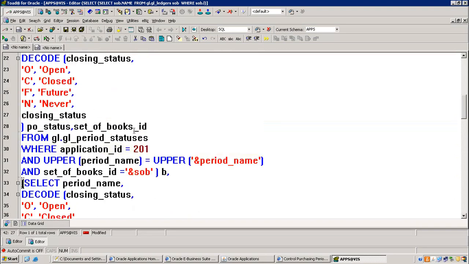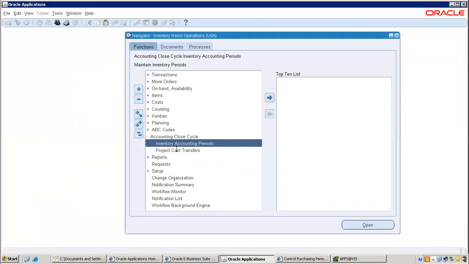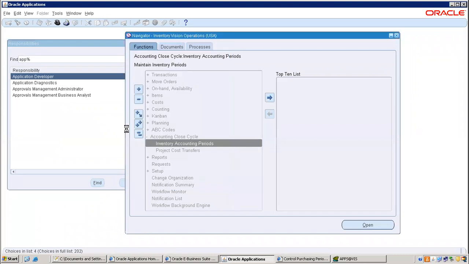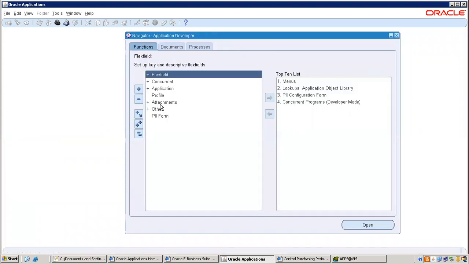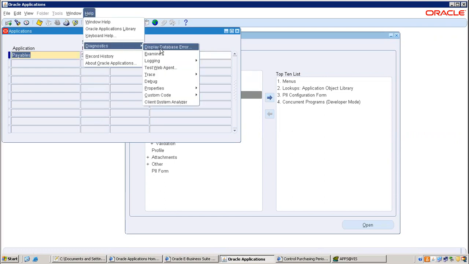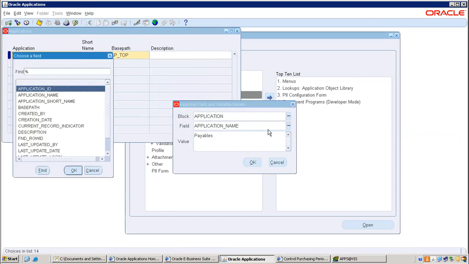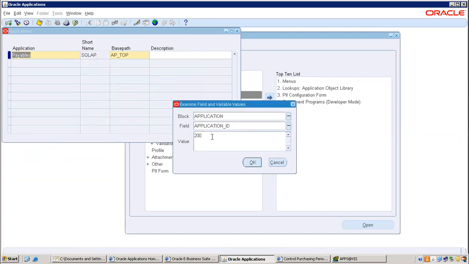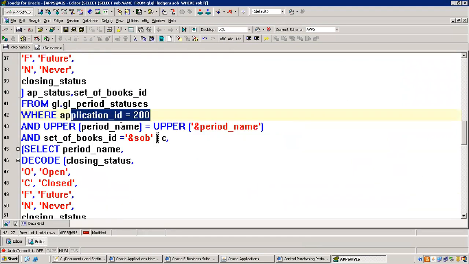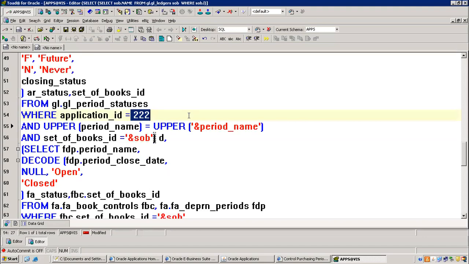So if you wanted to know application IDs, you can go to one responsibility, that is Application Developer, Application, Register. I would like to know what the application ID is for payables. So from where can we identify? Here only. That is 200, so this application is for payables, and 222.